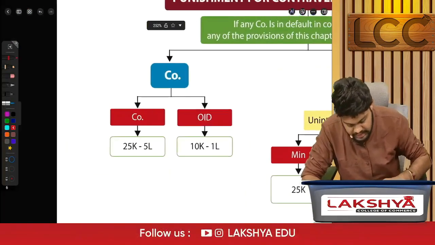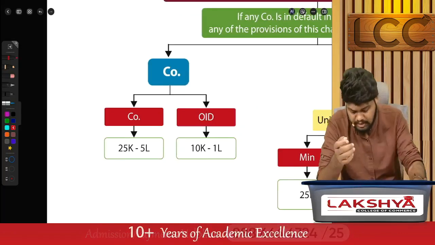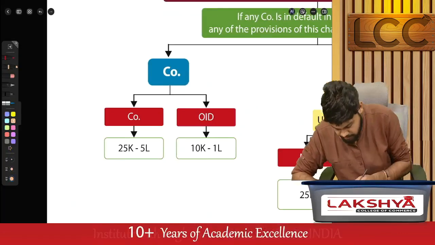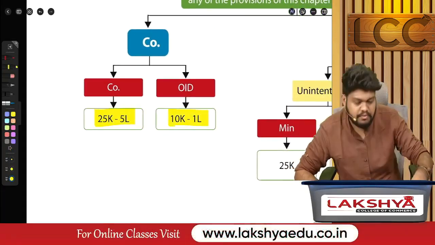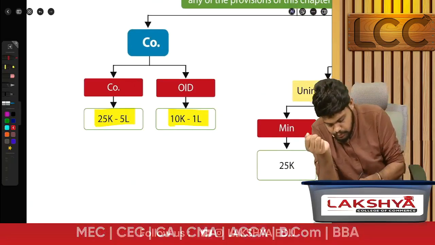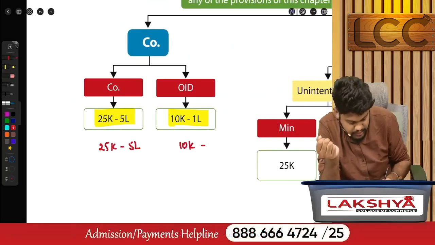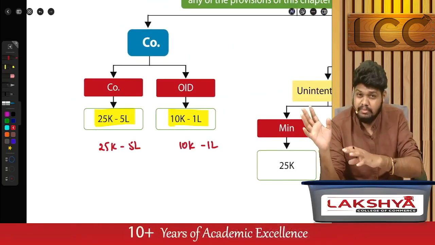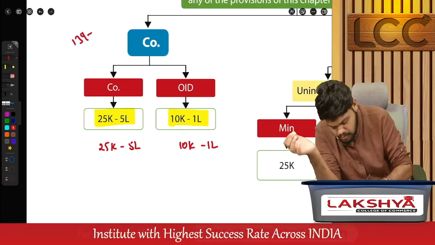Coming to the company part, the company will be imposed with a penalty of minimum 25,000 to a maximum of 5 lakhs, and officer in default with minimum of 10,000 to 1 lakh. A company with an amount of 25,000 to 5 lakhs and officer in default of 10,000 to 1 lakh. This is on the company if they have made any default under the provisions of the Auditors chapter, section numbers 139